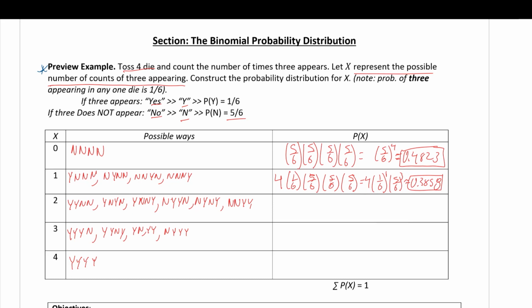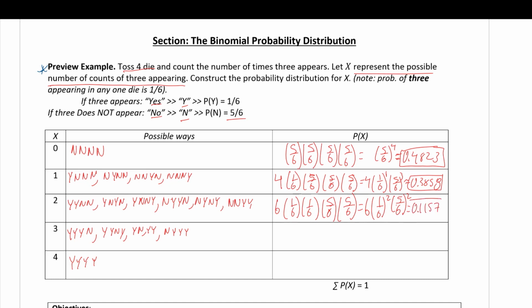Okay. Now here we have 6 terms of the same 2 yes's and 2 no's. So we have 6. The yes's are 1/6, 1/6. And the no's are 5/6, 5/6. So we have 6 times 1/6 squared times 5/6 also squared. Again, 2 plus 2 is 4. And if you were to multiply this out, you would actually get